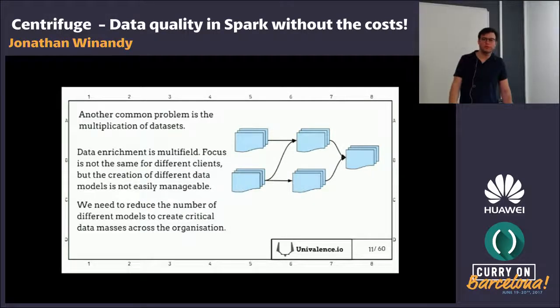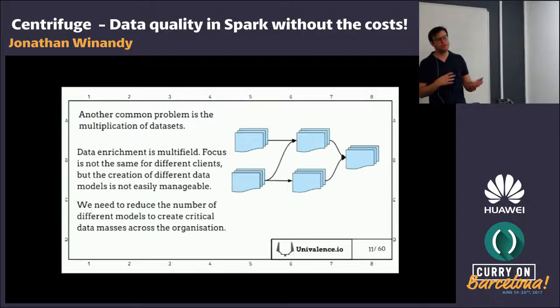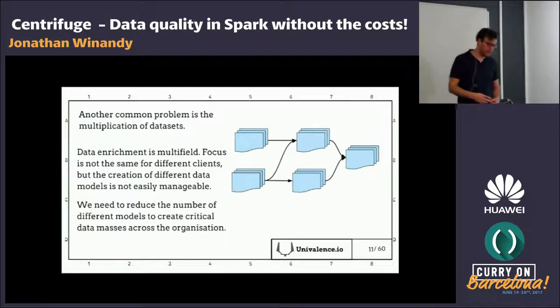It is usually related to the use of SQL, because SQL encourages this kind of topology of jobs, and it also doesn't allow centralizing the checks of data, because your data is divided into several paths, and depending on the path, you don't have the same rules concerning good and bad data, and that creates a lot of problems. So this is one trick.